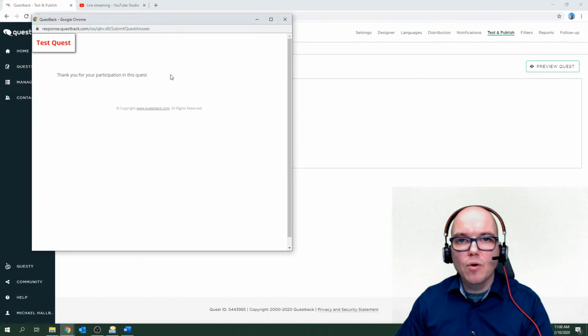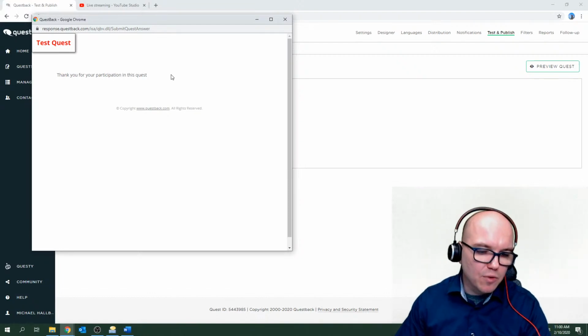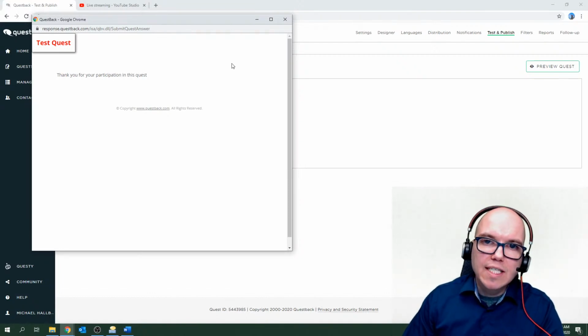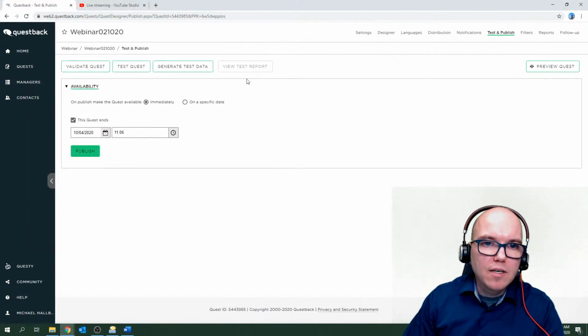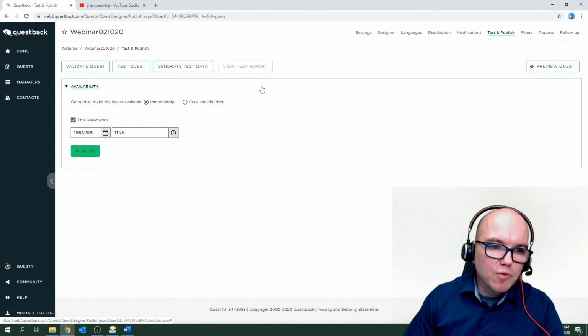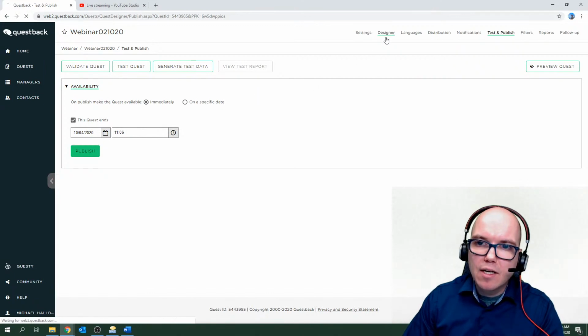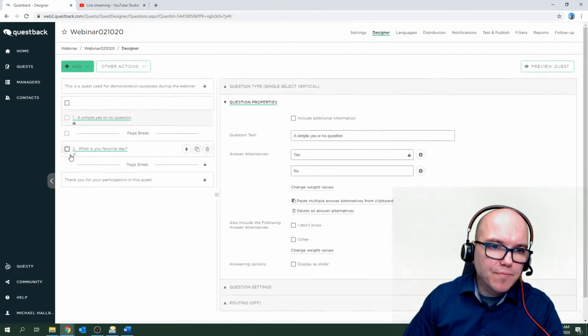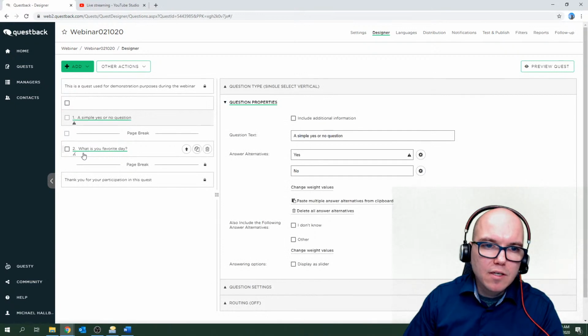That is the thank you note that we wrote in the thank you note section under the settings for this quest. I'm going to go ahead and cross out and close this pop-up. Now, if you remember, I'll show you again here. I did put routing on question 2, and I made a condition that for question 1, if they answer yes,